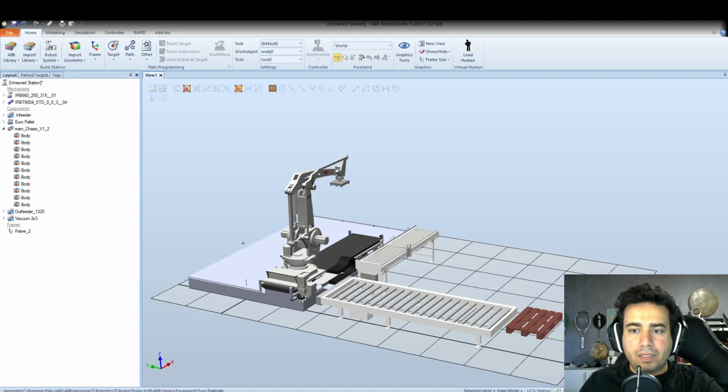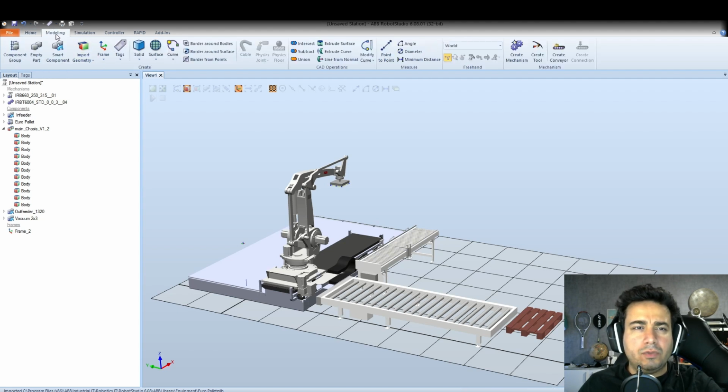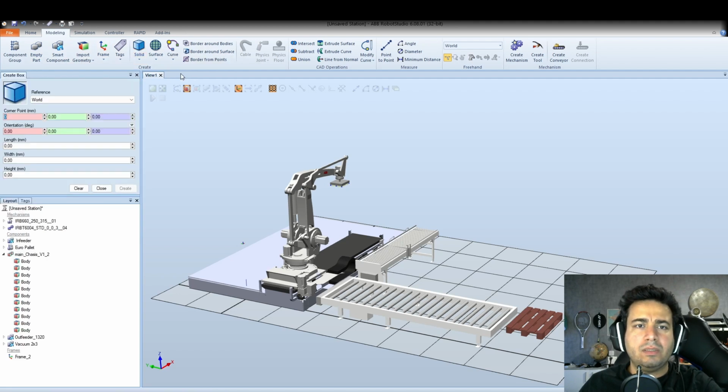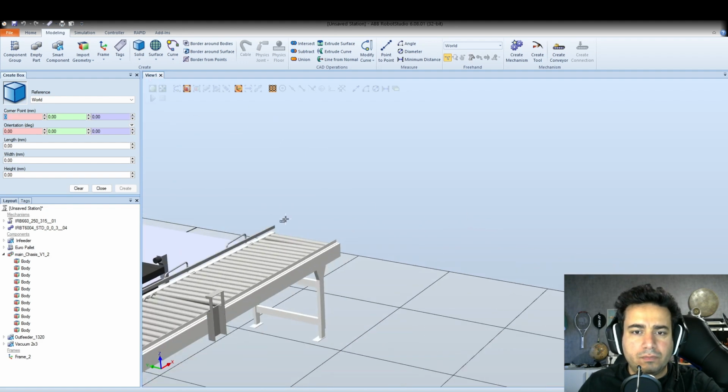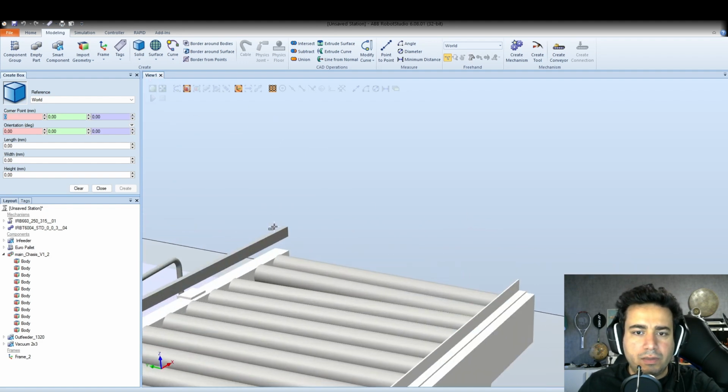Okay, now we have the pallet. We need to create also one box as the box that we actually need to be moved as a package on the conveyor from the infeeder. You can do a model, an empty solid, for example, a box, and let's say define it, select this port as the reference at this point, I mean, and the length,